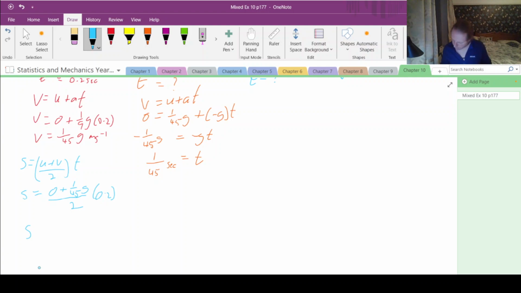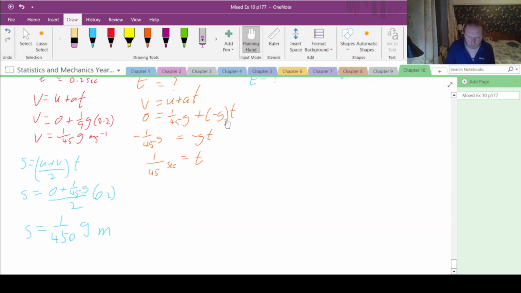Times by 0.2, 1 over 450 g meters. That seems a bit weird. Then we can do this one,